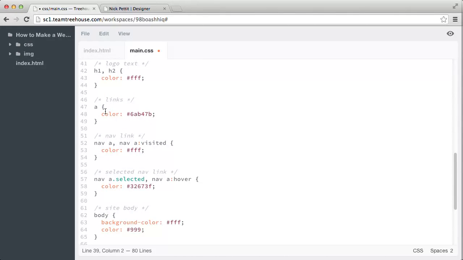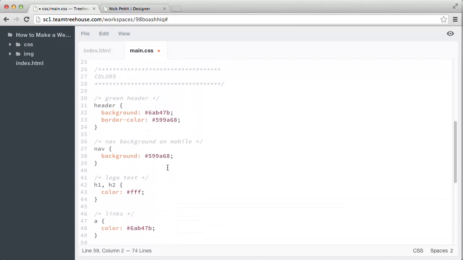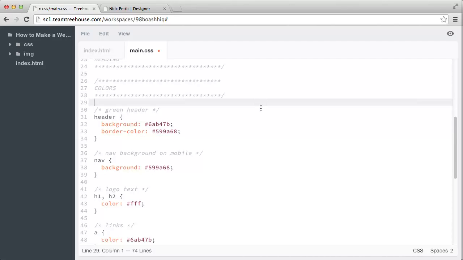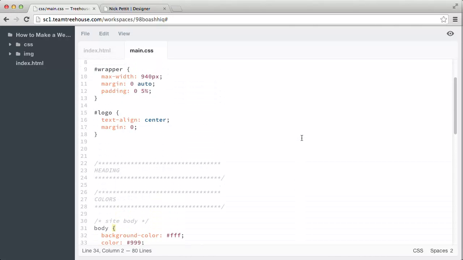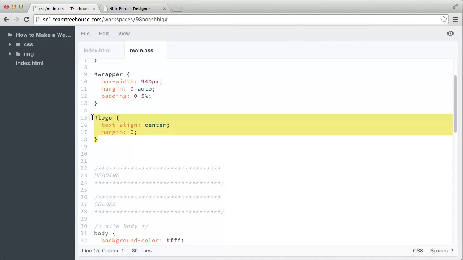And then I also want to keep all of these links together just like that. Actually, I think I'm going to put the site body up at the top here, just so that it's consistent and kind of has the site body as the first thing in our list of colors, since that's the most broad selector that we have. And then we need to move, let's see, our logo here